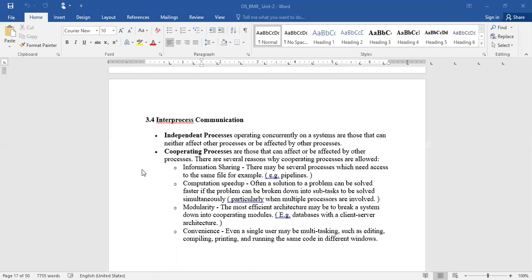Think of client-server databases with the client-server architecture, where processes exchange information. And the fourth is convenience.